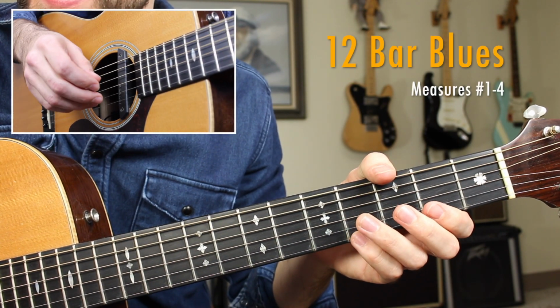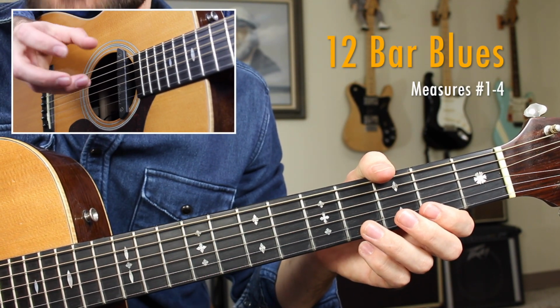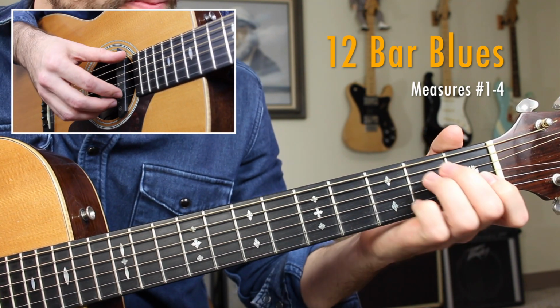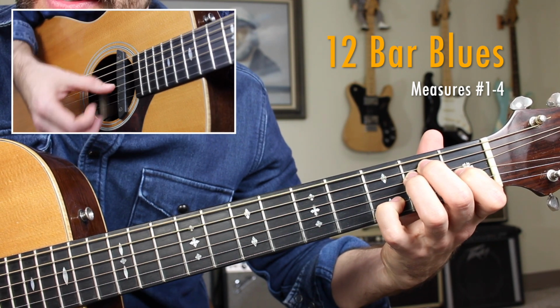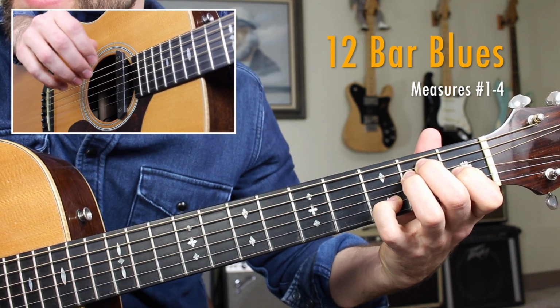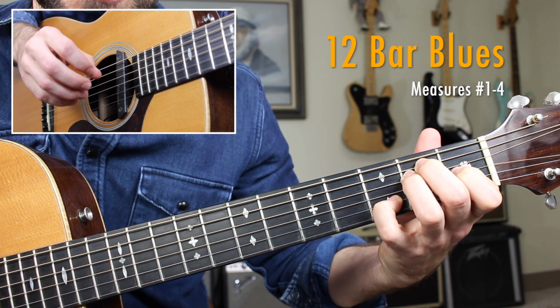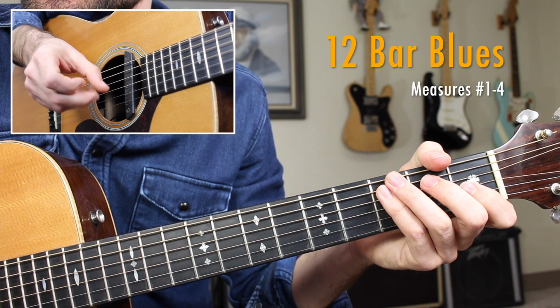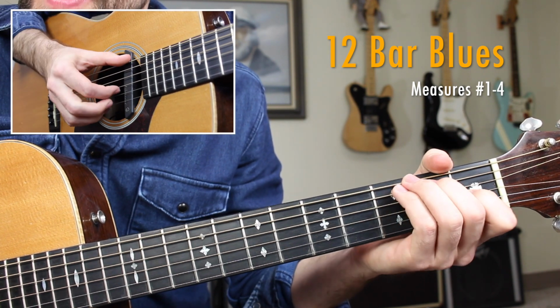Okay, excellent work everybody. You have that turnaround down. Now it's time to jump into the 12-bar blues. We're kicking things off with 4 measures of E dominant 7. And we're going to be employing a couple of different licks and a very useful walk-in transition to the 4 chord. Nice and slow. 1, 2, 3, and 4, and...